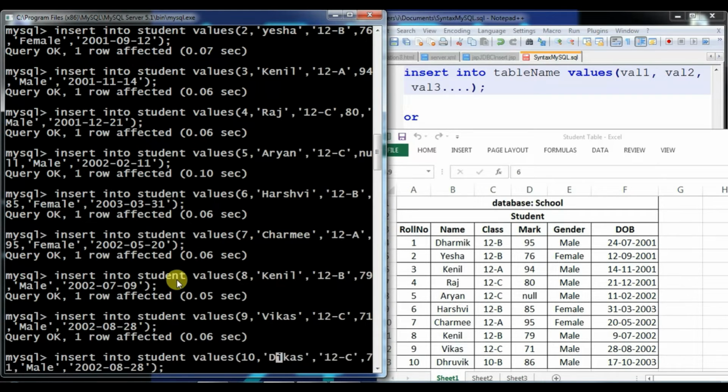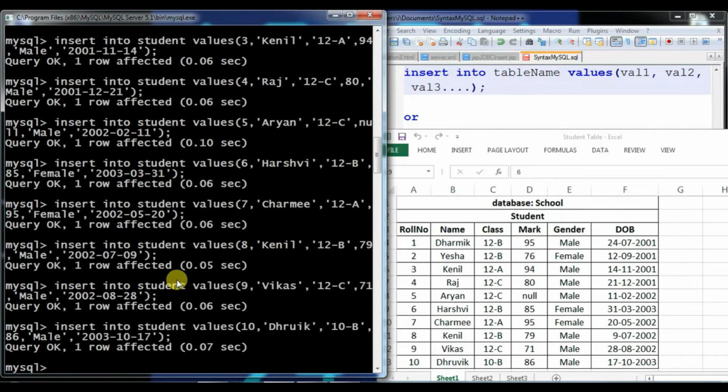Name is Dhruvik. Class is 10B. Mark is 86. Male, and the date format is 2003. Month is 10 and day is 17. That's how you can insert the tenth record.